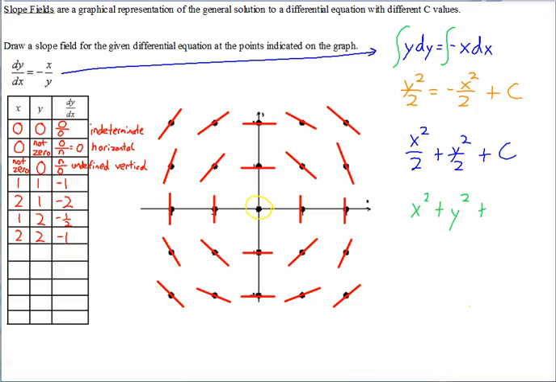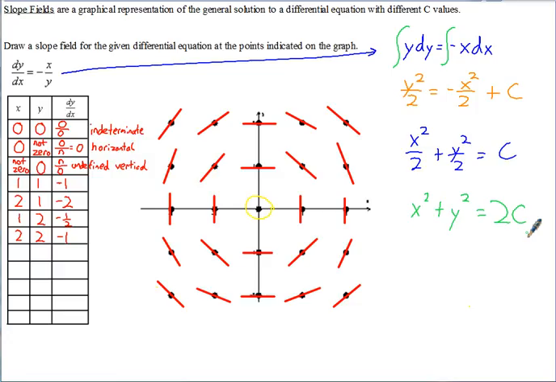Let's take out the plus sign instead of the equal sign next time. Equals c, x squared plus y squared equals 2c. So if you look at this equation here, you might remember this is the standard form for a